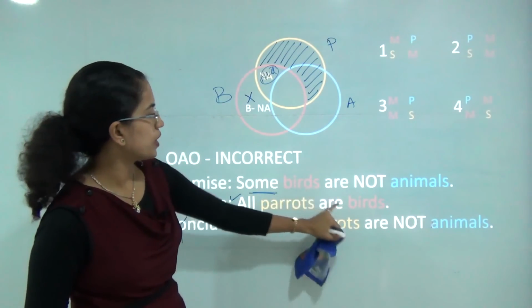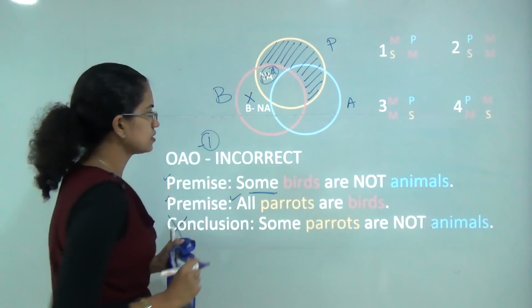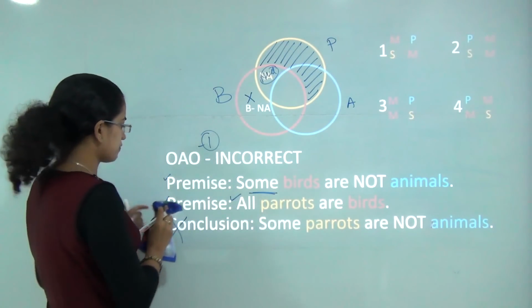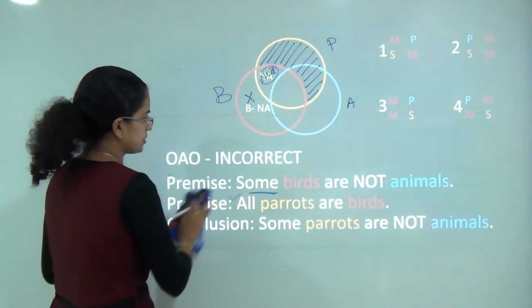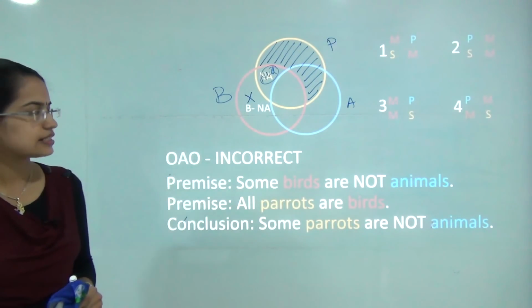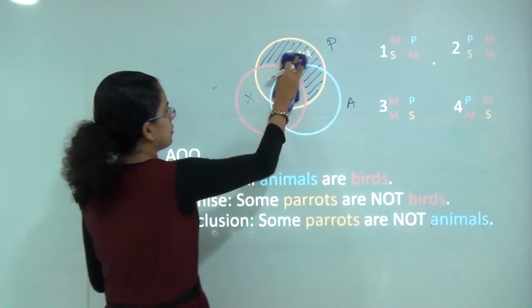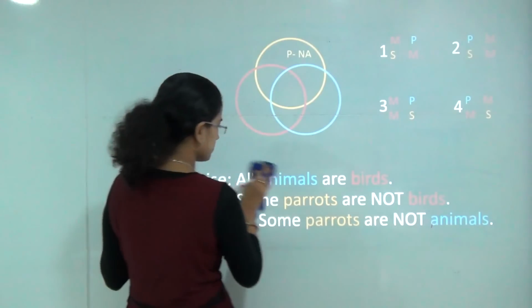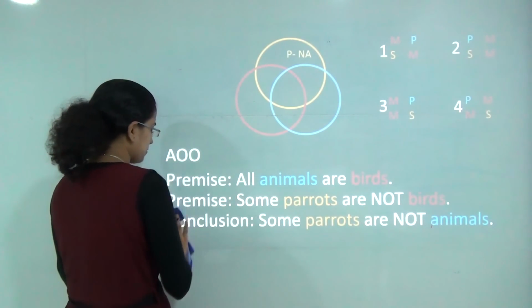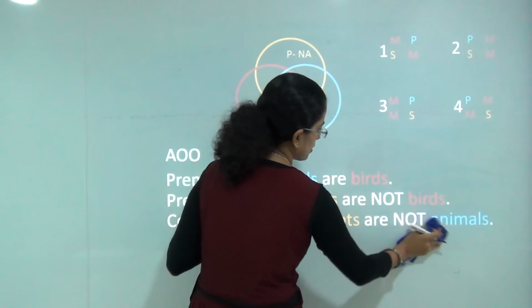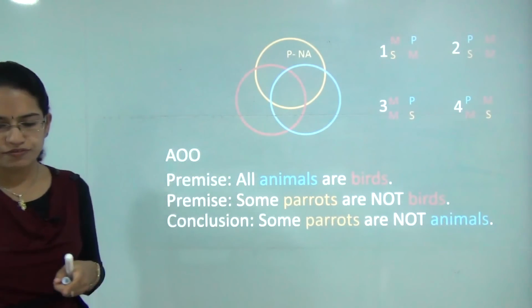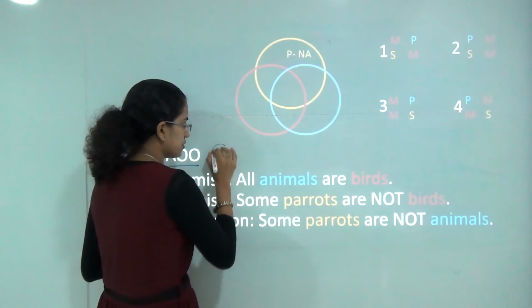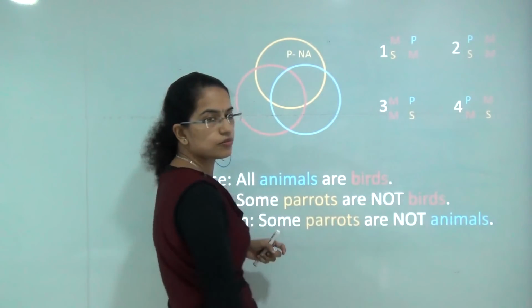So you have OAO 1 case. So in case of OAO, 1, 2 and 4 would be the incorrect forms. Now let's move on to the next example, that is case of AOO. Now A means all, O means some are not, and O again means some are not. So when we are doing some are not, we need to be very specific about what we are studying, and in case of AOO, only 2 is a valid form, remaining 3 would be invalid form.